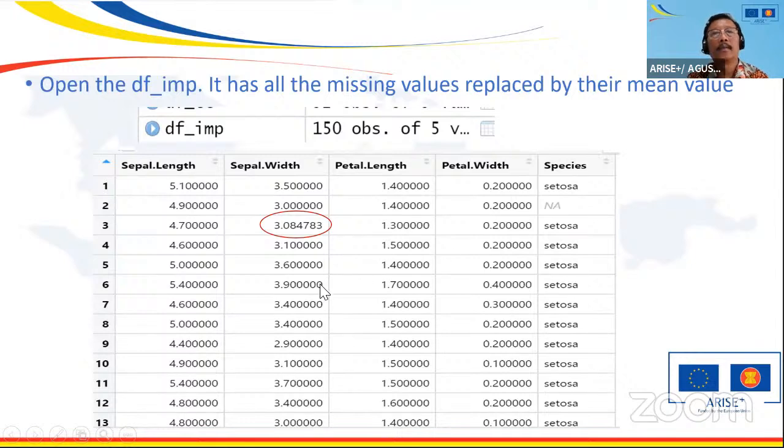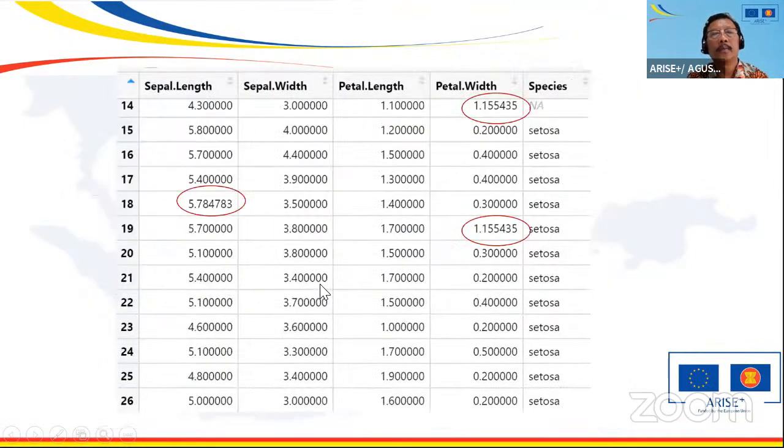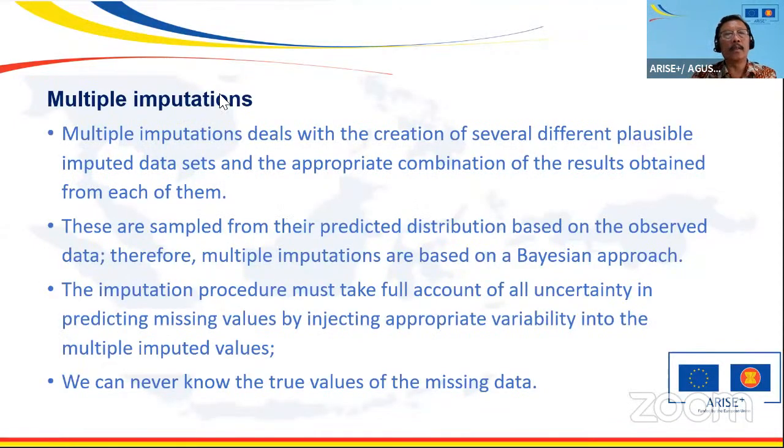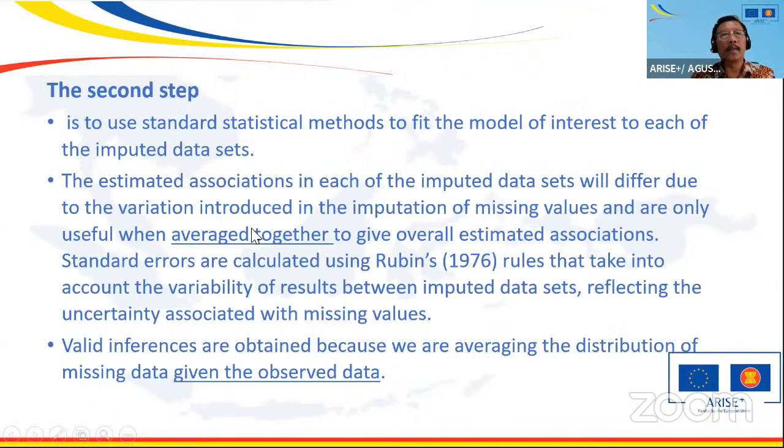Yeah. So, but why bother with this? Because we can actually use mice. Right? Mice is much easier to use. By the way, you can look at this document. I really prepared this for you if you want to see the results step by step. Multiple imputation, theoretically I have mentioned,